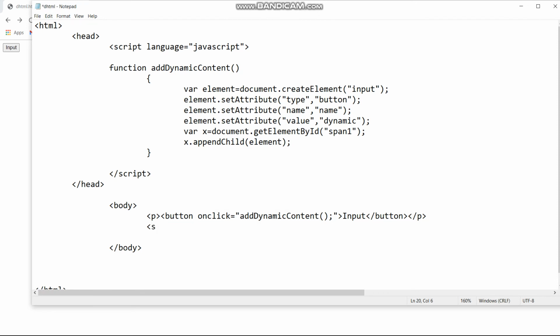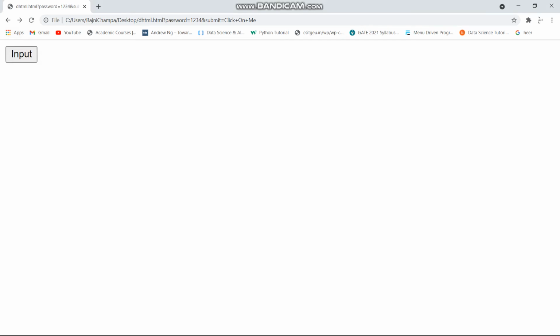Now we are adding this span tag with id equals to span1, what we have taken above. This will append it here. Now span tag close. Now file, save, go to browser, and the input button is here. When we click it, you can see dynamic is displayed here.